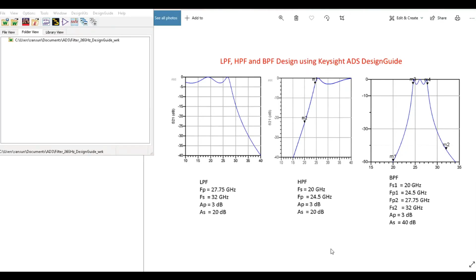Last time we had a video where we discussed how to design and simulate low pass, band pass, and high pass filters using Keysight ADS. In that design, we went through some calculations on how to get your discrete elements, the values of the elements that were used for the design. So in the last video, which is also on YouTube, we had